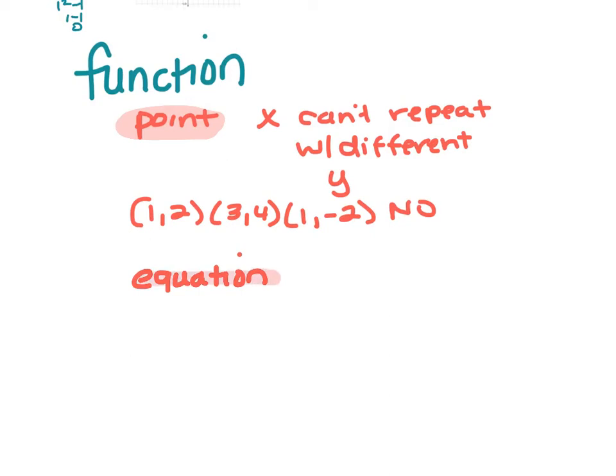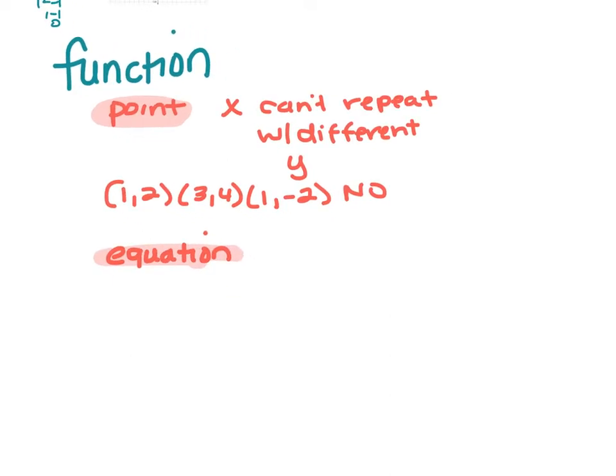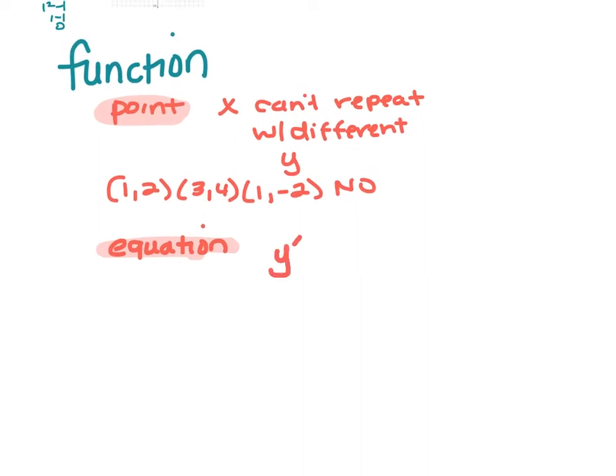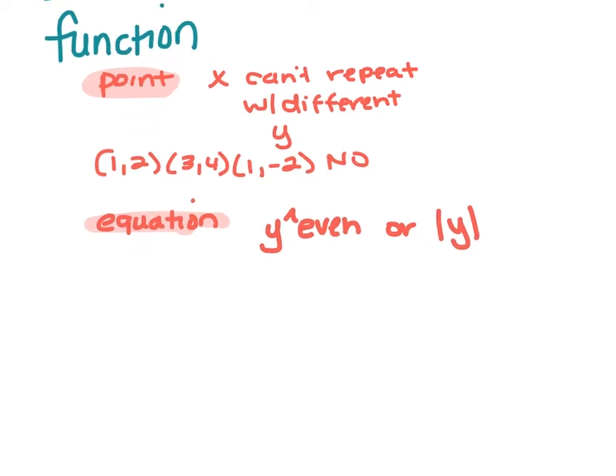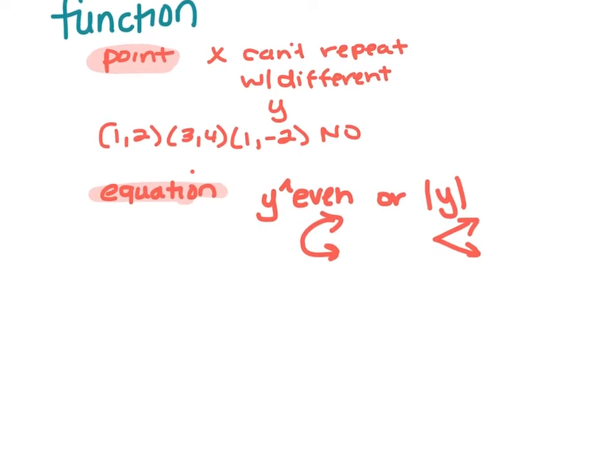And this is when y can't be raised to an even power, or y can't be an absolute value. This would turn it into a parabola on its side. This would turn it into a V on its side. So those would be no. And the third way is by graph,